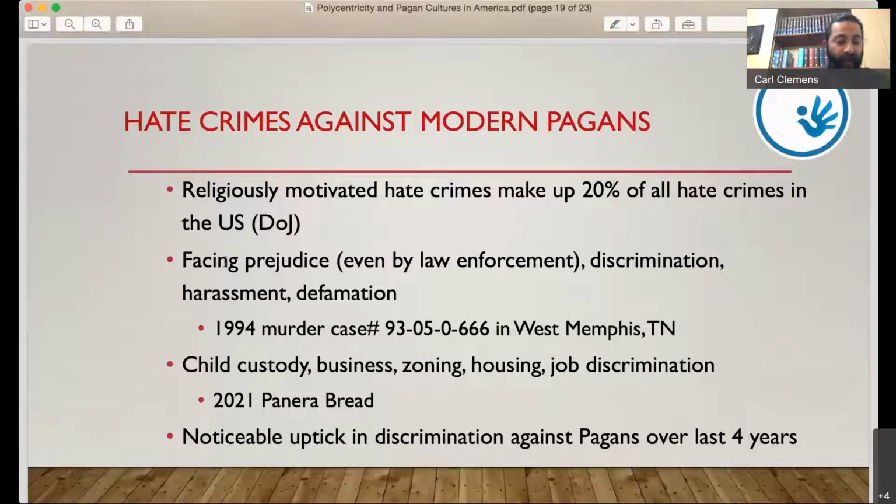But like I said, paganism is an invisible population, and many of them don't come forward. They face prejudice, even by law enforcement agencies, discrimination, harassment, defamation. An example I'd given in the talk earlier was about a murder case where the police even gave the murder case the number 666 because there was a pagan in the community whom everybody suspected, and he was identified to